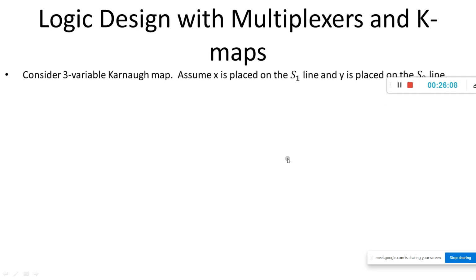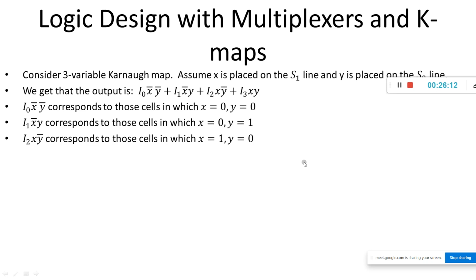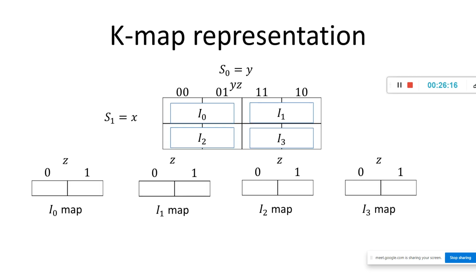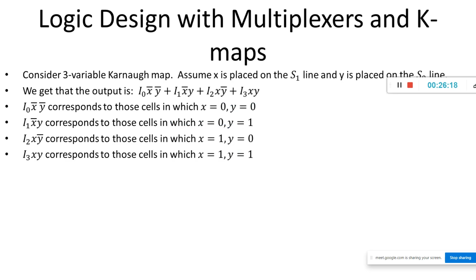So, logic design with multiplexer and K-maps. We can also do logic design with a combination of multiplexer and K-map. How do we do this, students? Consider a 3 variable K-map. Assume X is placed on the S1 line and Y is placed on the